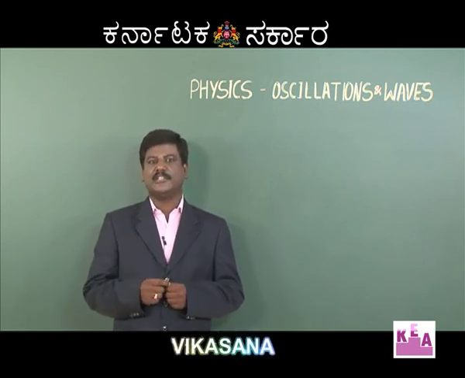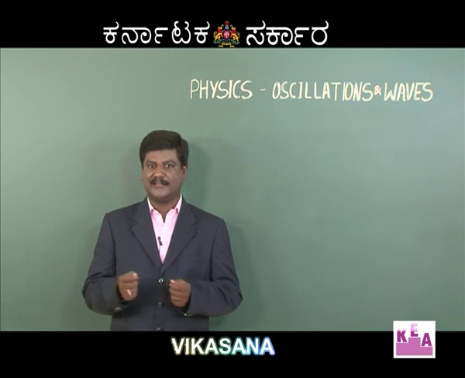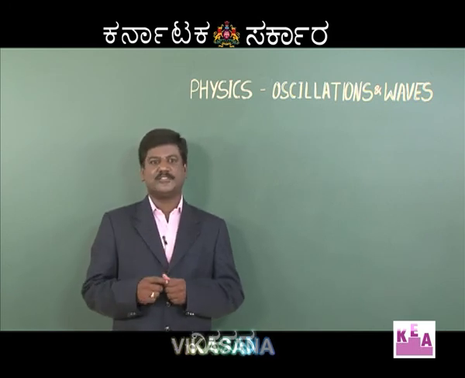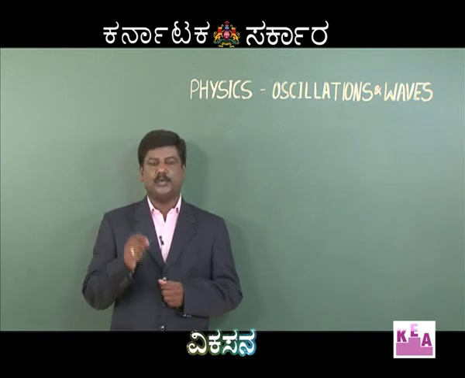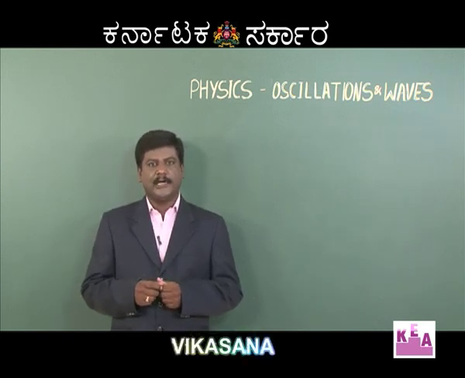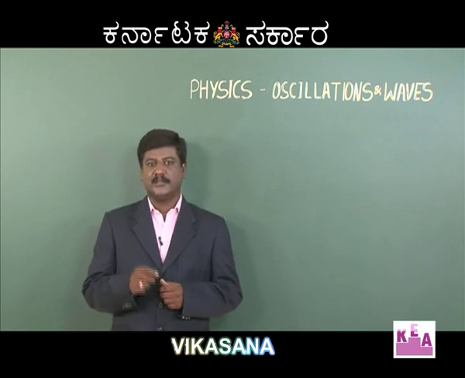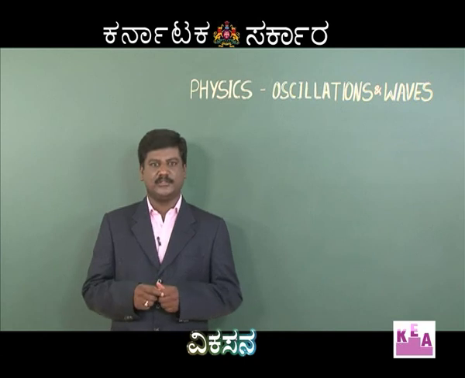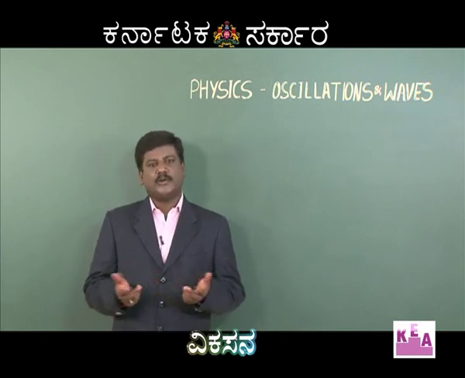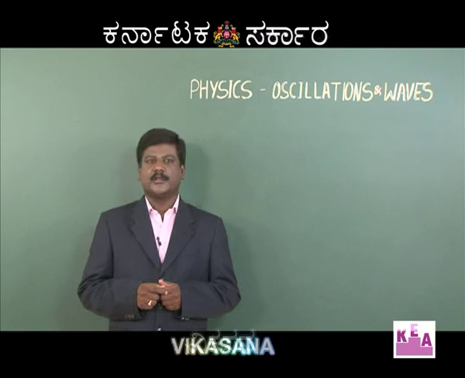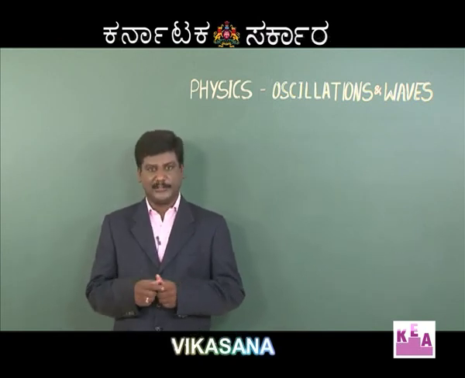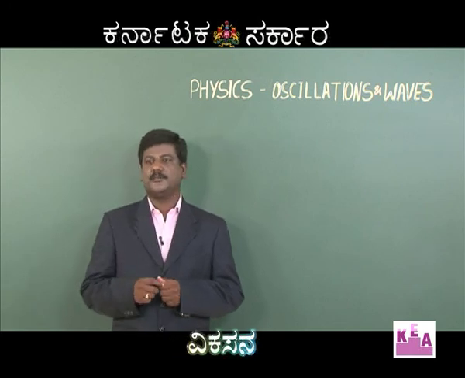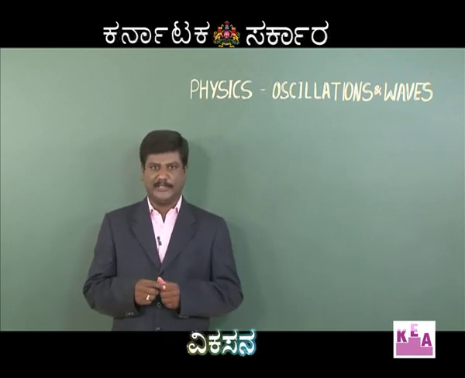Due to change in velocity, the particle possesses acceleration, and the acceleration of SHM is given by a is equal to minus omega square y, where y is called displacement. And the particle possesses maximum acceleration at extreme position and zero acceleration at mean position. So this particle once again possesses two kinds of energy, kinetic energy and potential energy. The sum of kinetic energy and potential energy is the total energy of the particle.